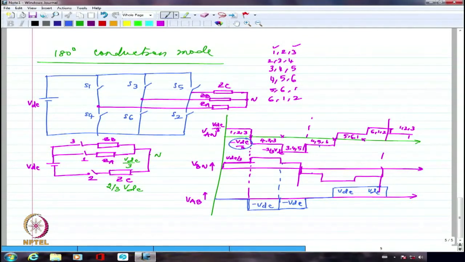When you analyze delta, you have to be a little careful. There is no neutral. So what you are getting as the voltage across each of the phase loads will also be line voltage. So that will be in all probability equal to VDC itself. So you have to be a little careful. You get my point. I'm trying to say that if whatever load is connected is in delta,